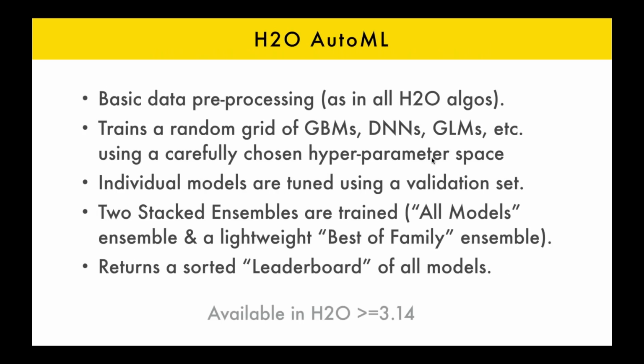Okay, so just an overview. We do the basic pre-processing, which we already get for free with all the H2O algorithms. And the ones that we have in AutoML right now, I don't have them all listed on this slide, but GBMs, random forests, we do extremely randomized tree forests. That's a tweak on random forests that's even more random, essentially. And then deep neural networks, GLMs, and then we have